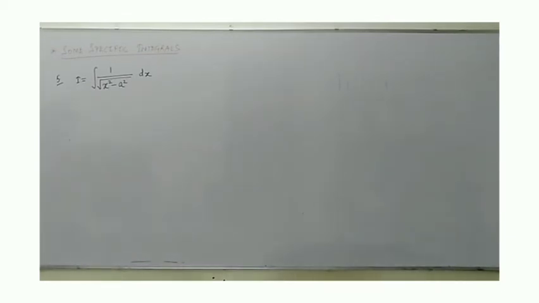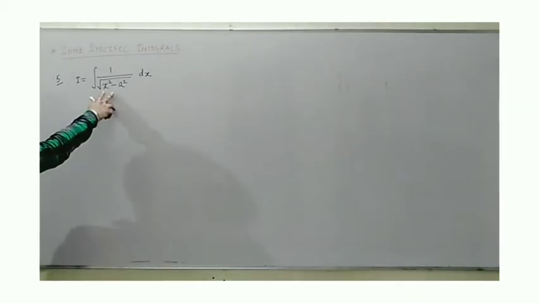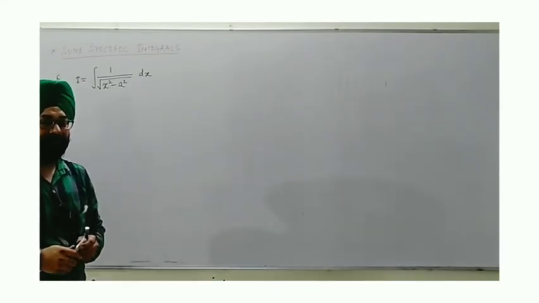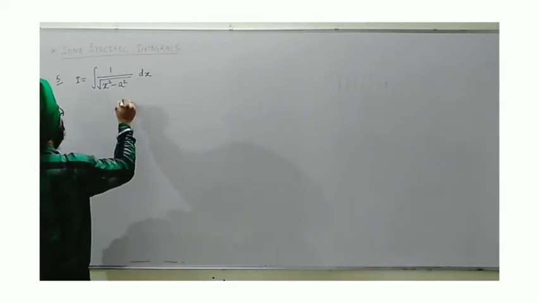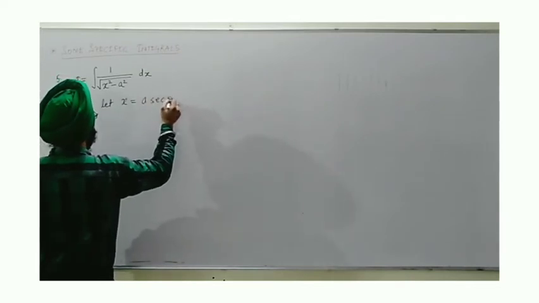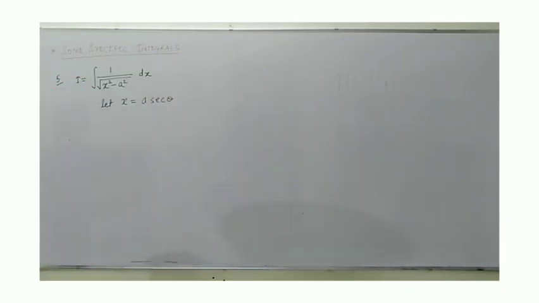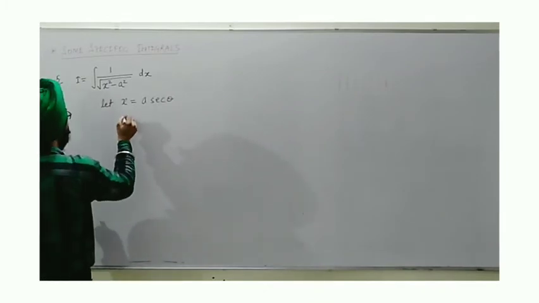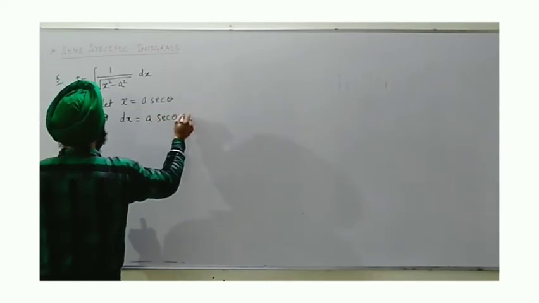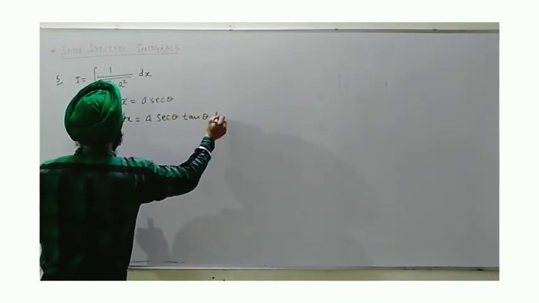Next pattern, again we are having a rational expression with the same quadratic polynomial in the denominator but with a root. Previously we have seen a square minus x square under root, and now it is x square minus a square, and obviously we need to apply the trigonometric substitution, which is x equal to a sec theta. In this pattern we take a sec theta or a cosec theta. Differentiating, we get dx is equal to a sec theta tan theta d theta.